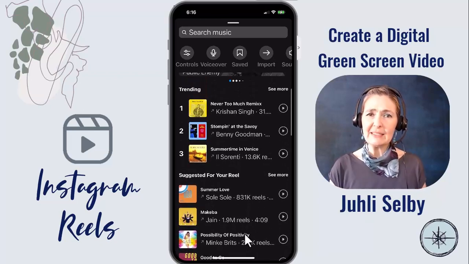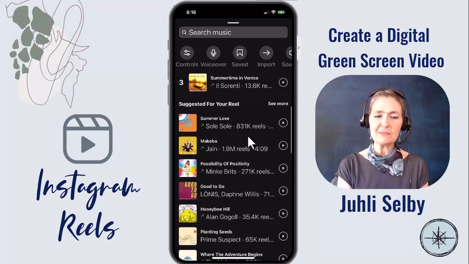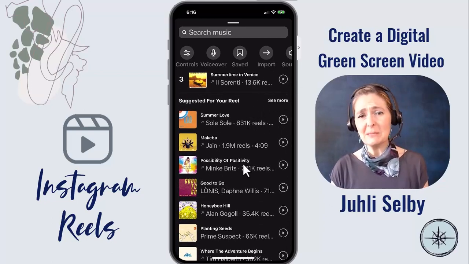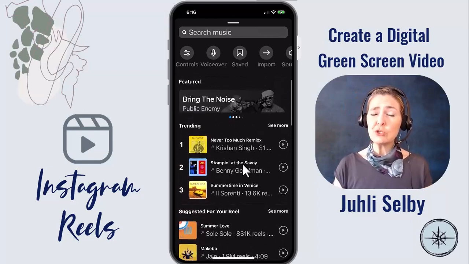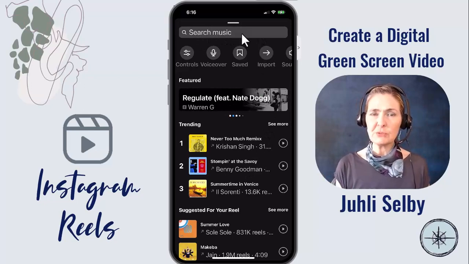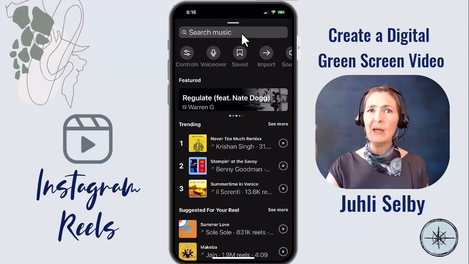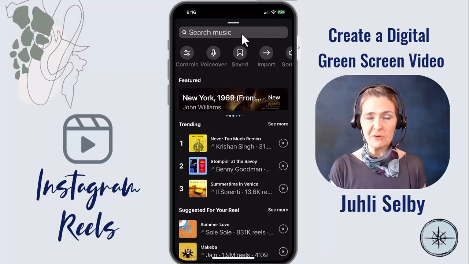Here's our trending songs in Instagram. You can click see more. You can see it's giving me some suggested music, see more. You may see other categories in here. You can also search by keyword. So you can tap your finger up here in the top where it says search music, and you can tap reggae, blues, rock, pop. I use the word instrumental a lot